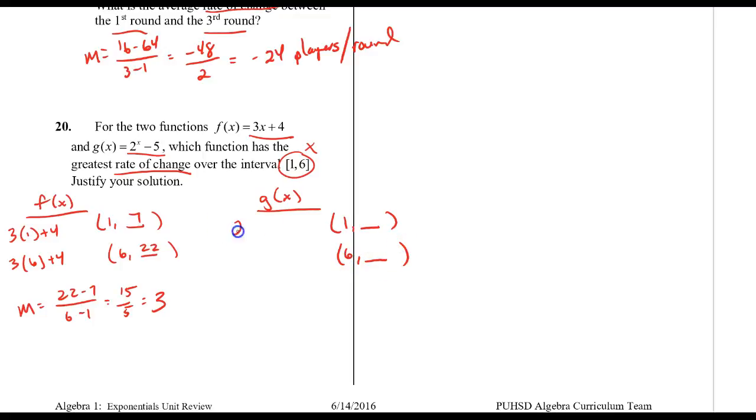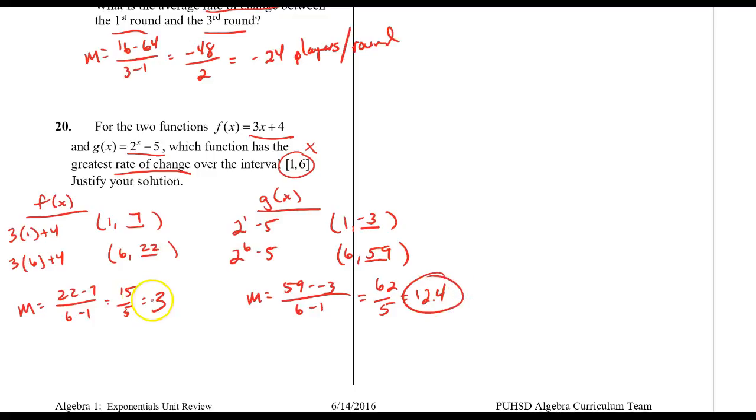So g of x is 2 to the first minus 5, which is negative 3, and 2 to the sixth minus 5, which if we use our calculator we get 59. So that slope is 59 minus negative 3 over 6 minus 1, which is 62 over 5, which is, I think it's 12.4. So obviously that rate of change is greater than the other one, so we can say g of x has a greater rate of change